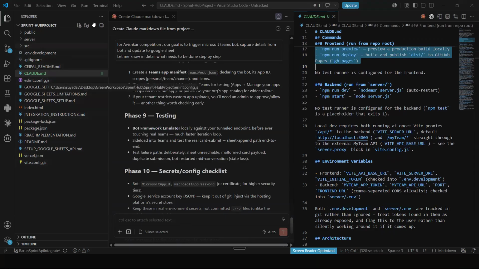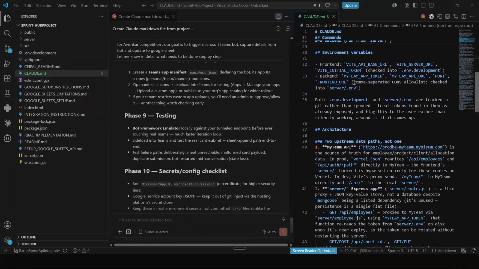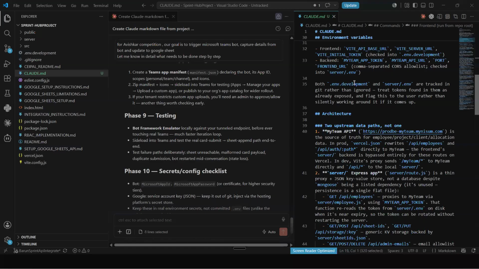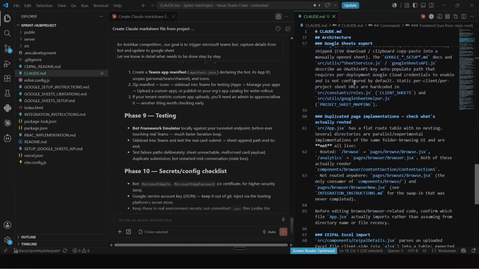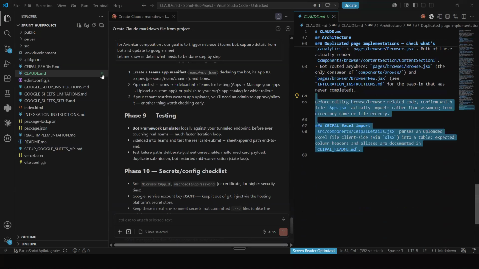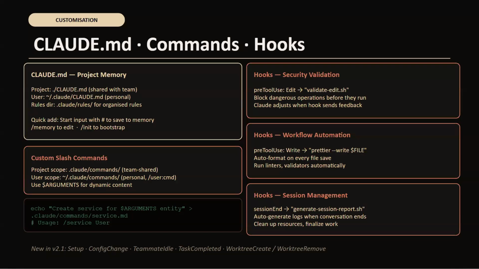Once a CLAUDE.md file is there, it comes to this file and understands what the front end, back end, and framework-level things are, the important architectural points, and some things that you would otherwise keep telling Claude when it starts scanning, at the start or in the middle. Okay, three locations. CLAUDE.md at the project root is committed to Git and shared with the team. This holds the project-wide rules, as I've shown, like architectural decisions, coding standards,